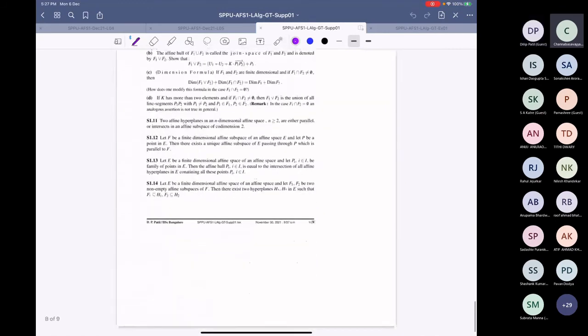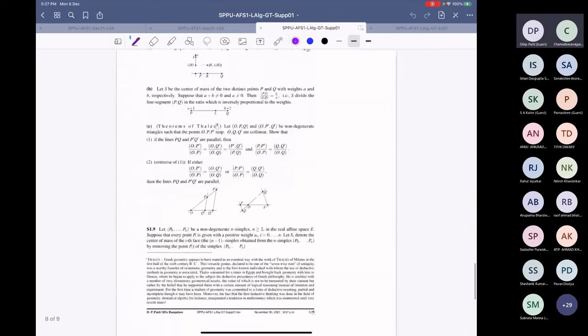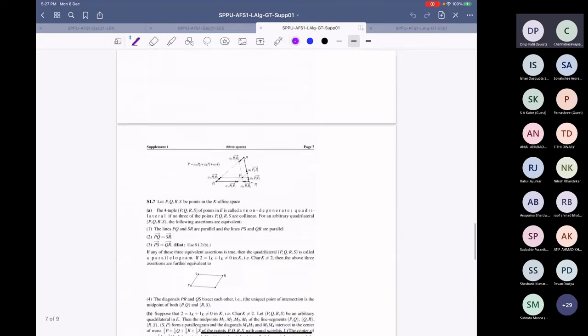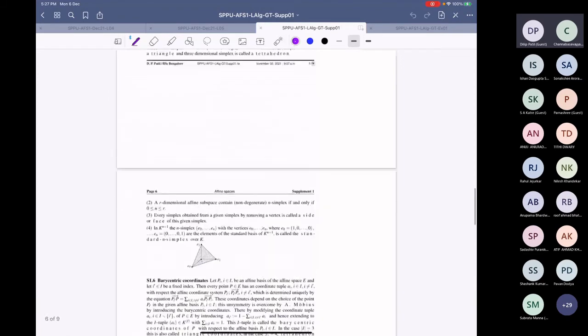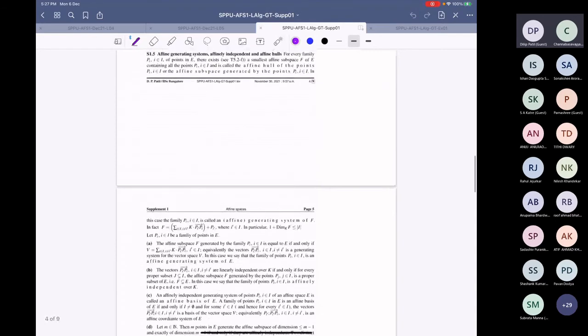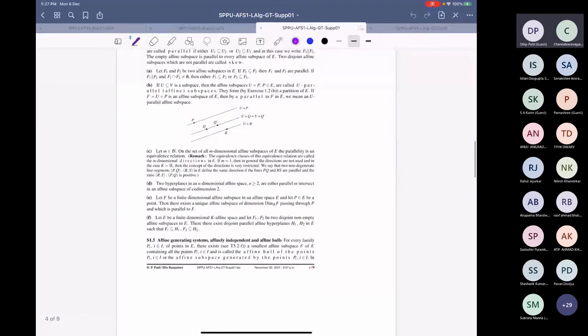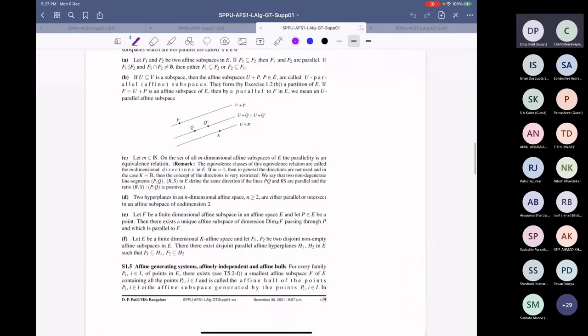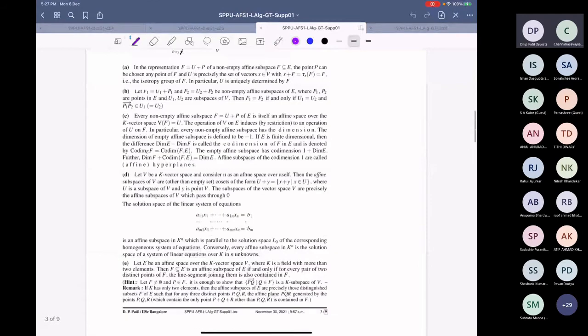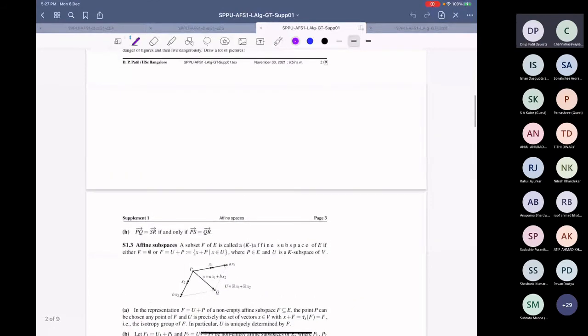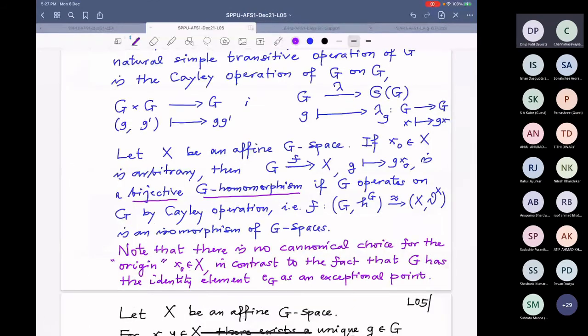And then, so this is what you were doing in school or college. I don't know where you were doing it, school or college. In school it was called elementary geometry, and in college probably it was called analytic geometry or something. So I would request you to look at this, and I will do it also soon.